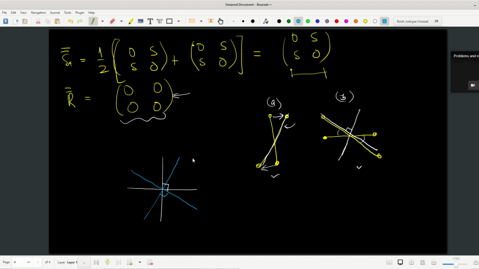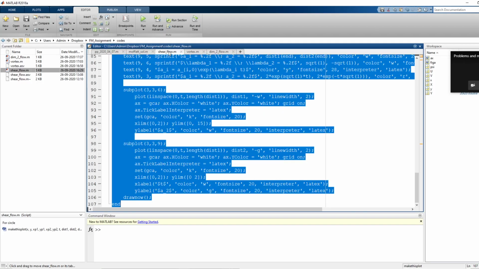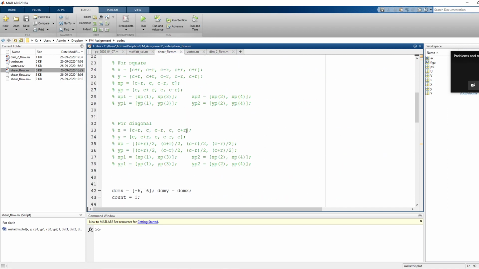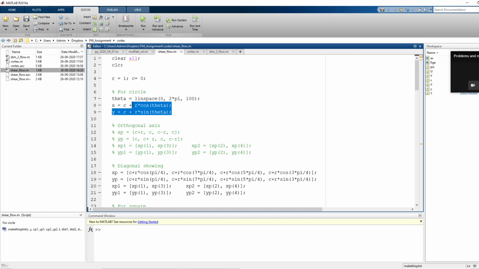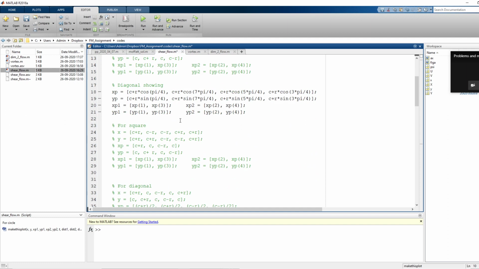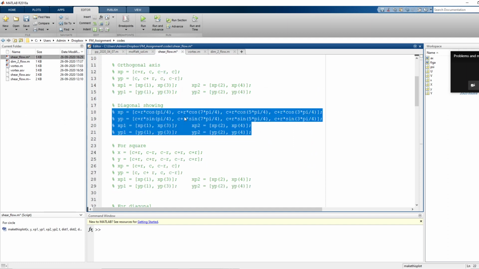So if it's not clear, let us go to MATLAB and let us see how we can clarify our intuition. I've taken the liberty to do this entire program. In fact, I've done it for a circle, but I don't want it for a circle. I want it